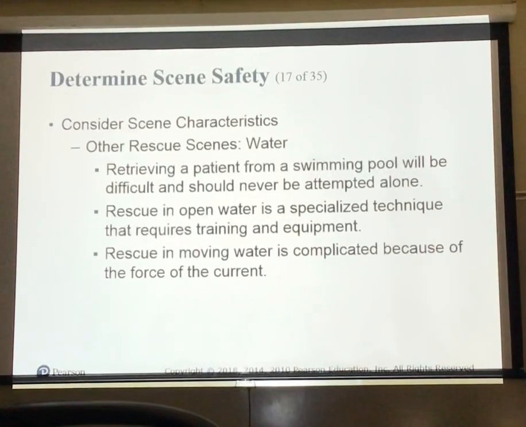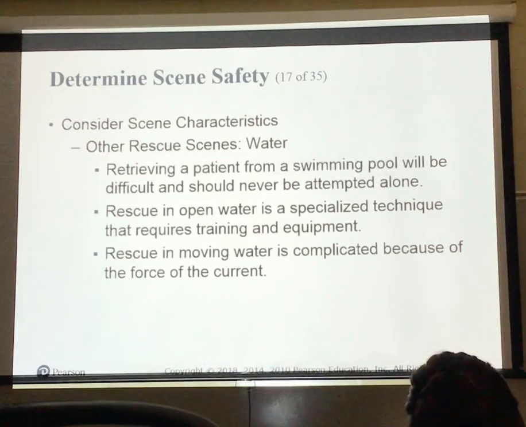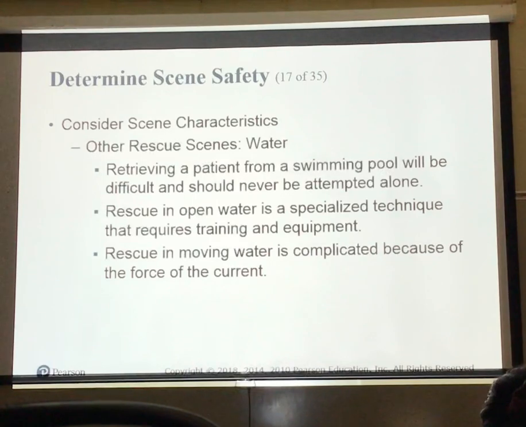Alright, I work in Lake Providence. Well, guess what? We got a big old lake there. And we frequently have people that apparently cannot drive in a straight line. They run straight into the lake. And my co-workers laugh at me quite frequently because I tell them I'm not going in that lake to get anybody. I'll go in a swimming pool all day long. A lake, I can't see the bottom of that. I don't know what's down there. I don't know what's in there. I'm sure there's some big old alligators and other things in there. I'm not going in there. I hate it. I really do. I'm gonna be standing on the side.